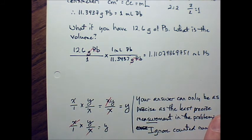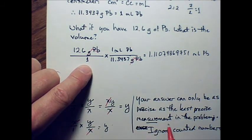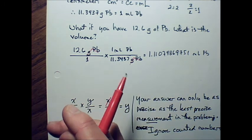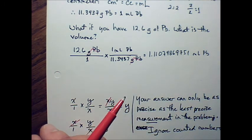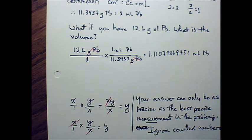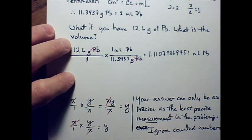What do you mean by ignore? I'm going to show you what I mean by that. So stay with me. When we're looking for this least precise measurement, we're going to ignore the counted numbers. Just so you know, counted numbers are infinitely significant, so that's why we ignore them. They just don't matter when we're figuring out the rounding off. So the numbers that matter in our problem, when we're trying to figure out significant digits,